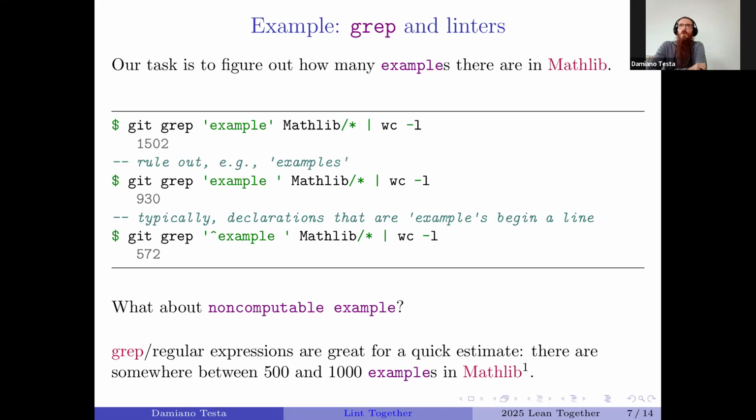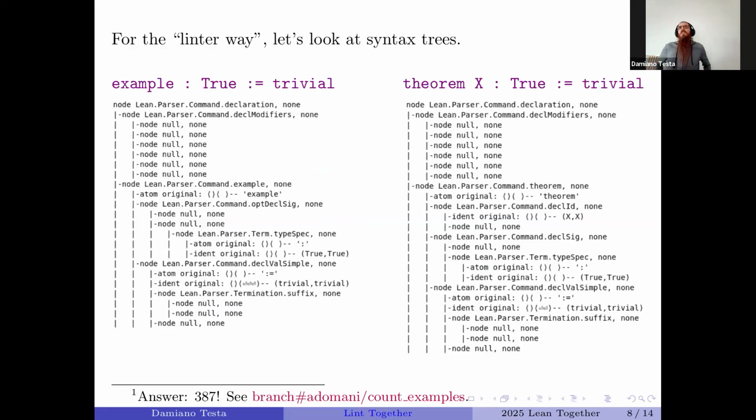But how would you go about doing this really? So how many examples really are there in Mathlib? Now it would be good if we had access to something that could detect whether the word example written somewhere was example because I'm in a docstring or because I'm actually typing the example command. And so for this,